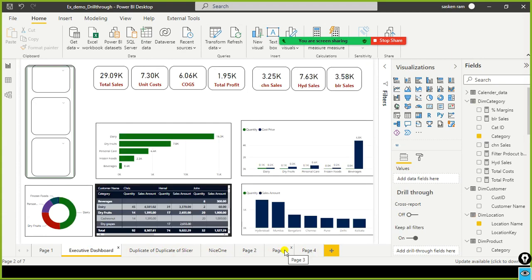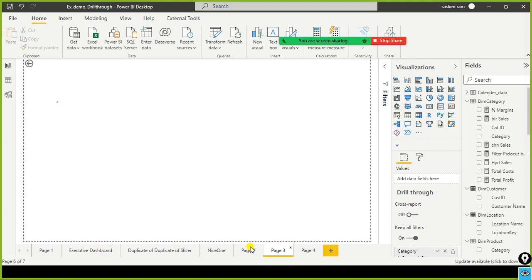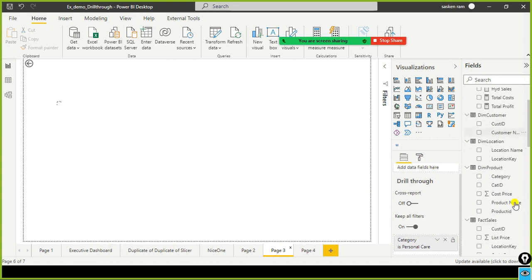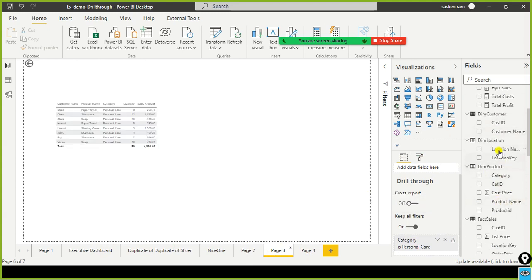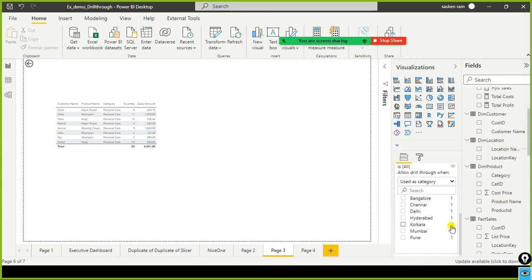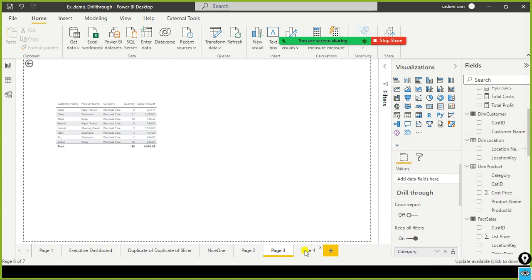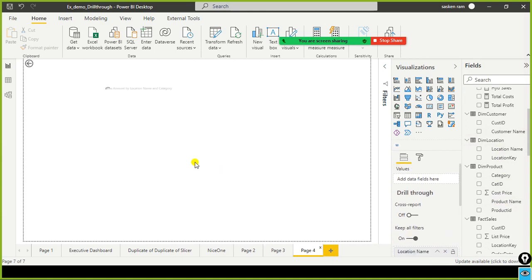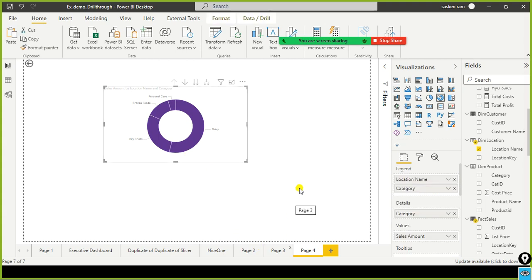So let's say in page 3, you can have the location also. If I go to page 3, here I already dedicated page 3 for category. You can also include other columns here. For example, I am going to drag and drop location name here. Yes, location is also available here. I can simply copy and paste it here.